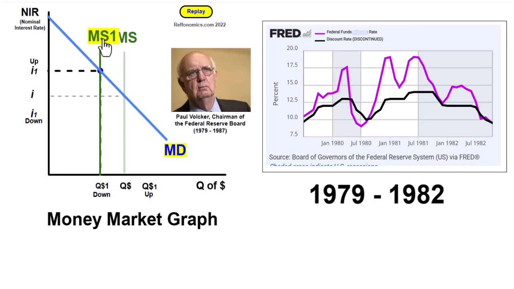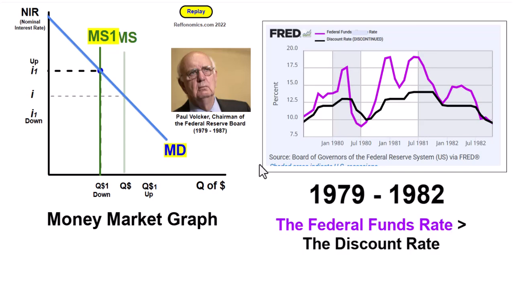By late 1982, the Fed, in response to financial market innovations and declining inflation, shifted back to targeting the price of bank reserves. In other words, interest rates for reserves. Do you notice that the federal funds rate in purple is higher than the discount rate? And yet the discount rate is used for lenders of last resort. The Fed, in a deliberate move, allowed the federal funds rate to rise as part of its efforts to control inflation